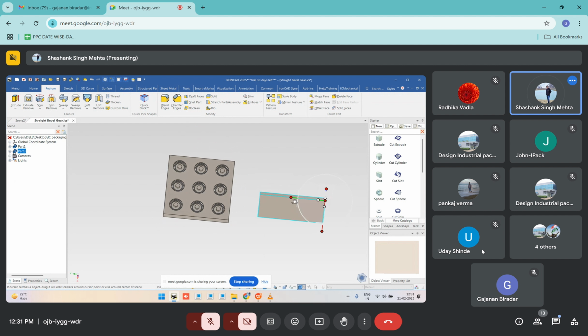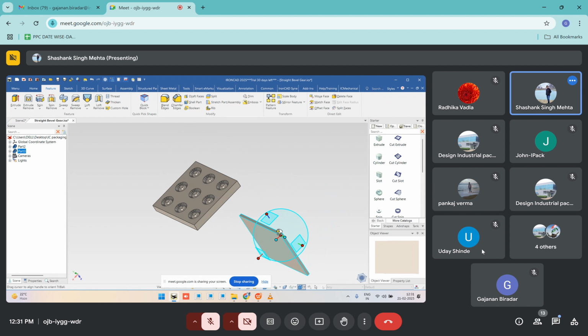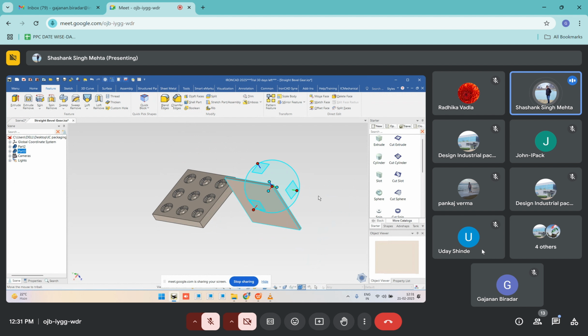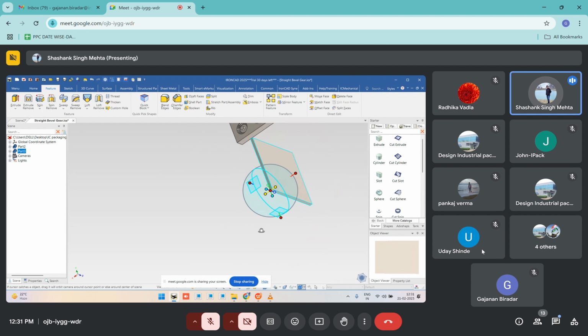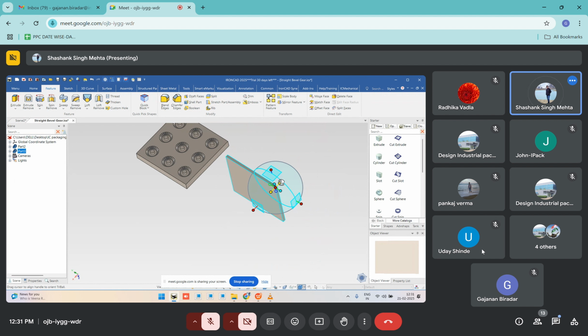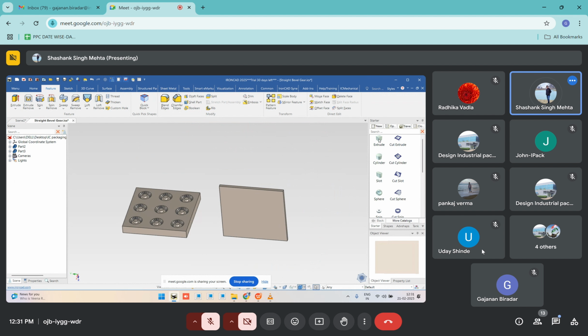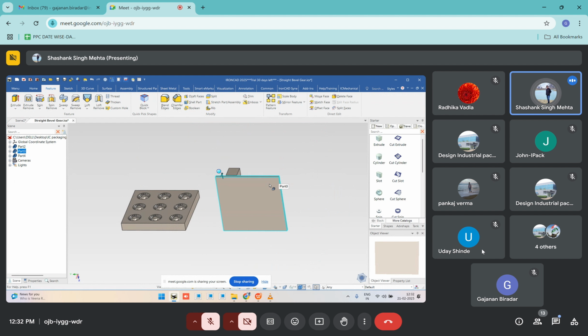Okay, and we can also just need to place it, so just need to remove or I need to rotate it along this axis. Yes. So just basically we can create a